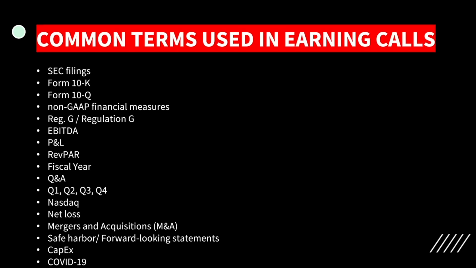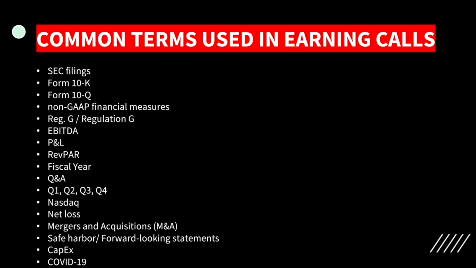So guys, these are the common terms in the earning calls that you need to familiarize with before starting to do this project. So these words that you are seeing on the screen here, you must familiarize with them before you start doing any project on the Easy platform.